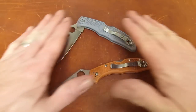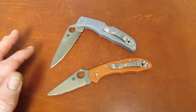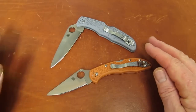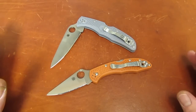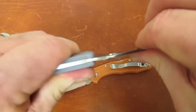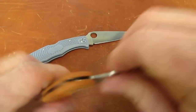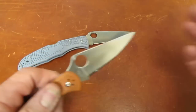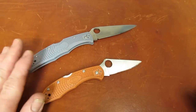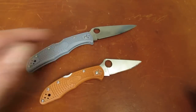But when we get into this realm, these little sprint runs of different steels, we're in a whole different realm, and it seems like the mechanics of these sprint run knives end up being a little tighter than the base VG10 models. Neither one of these knives has any side-to-side or up-and-down play. They're just great, both of them. So I am really liking this concept. Inexpensive knife, blade really well designed for slicing,